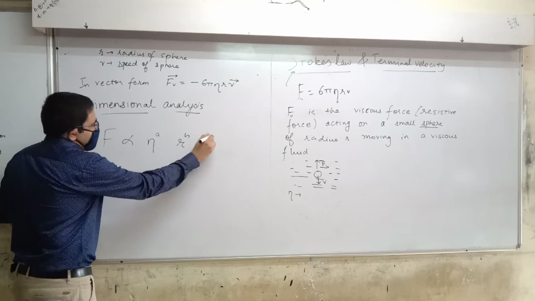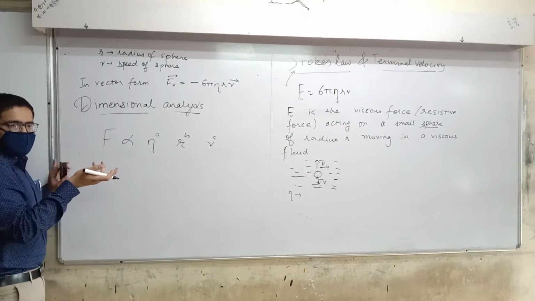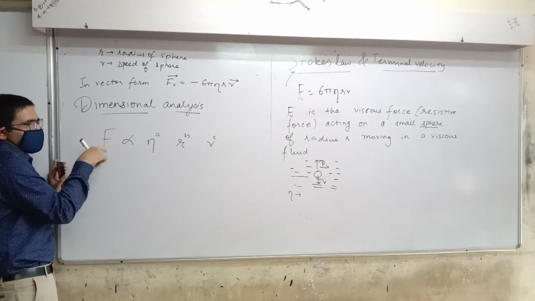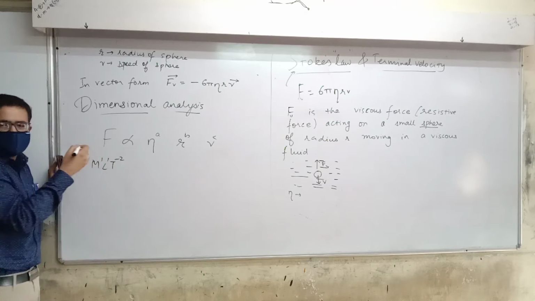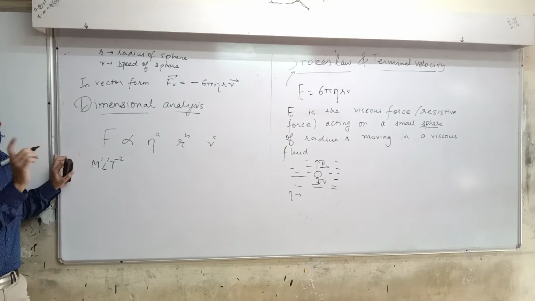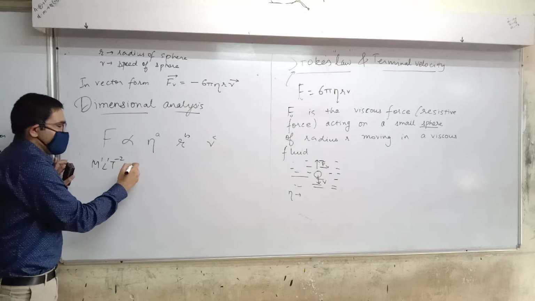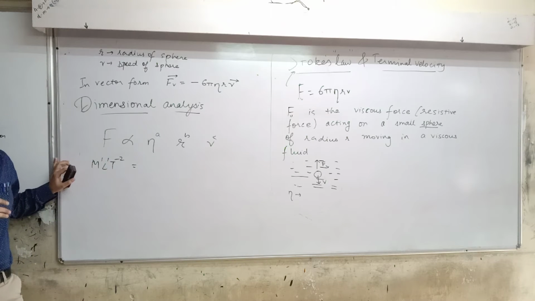So you write it as A, B, and C. Then you put dimensions of force. What are dimensions of force? M raised to 1, L raised to 1, T raised to minus 2. You know it, right? Okay. So that would be equal to